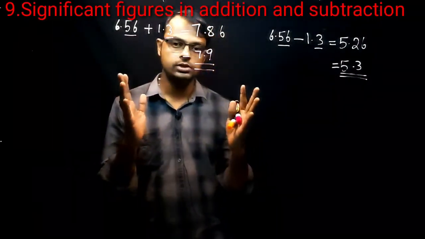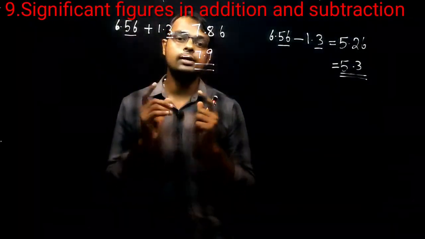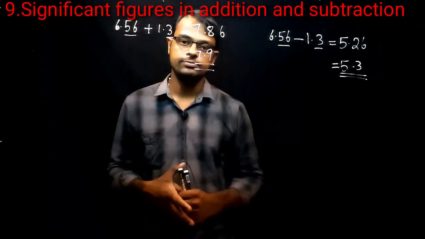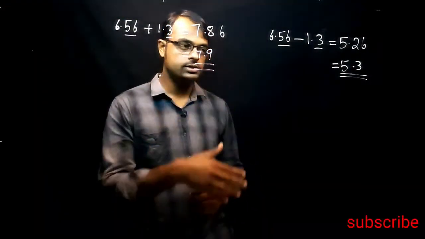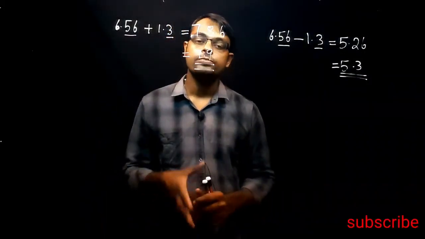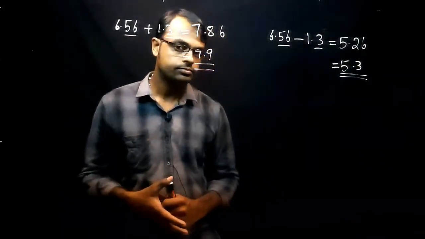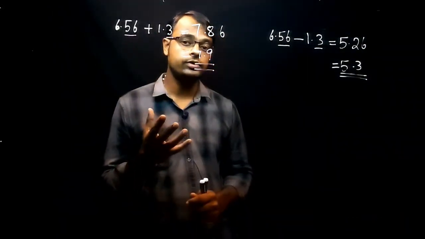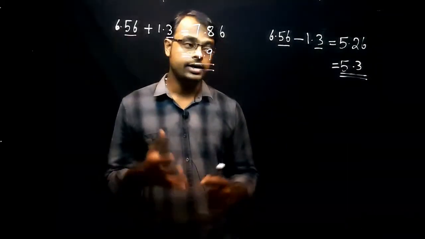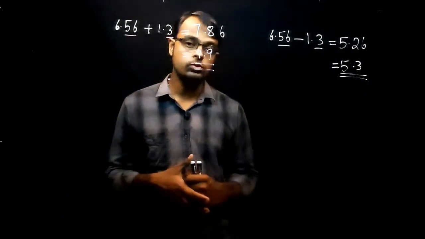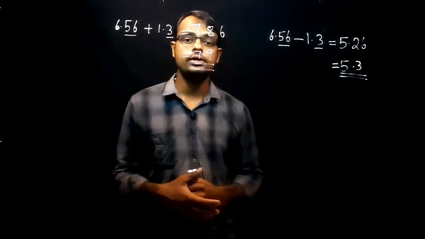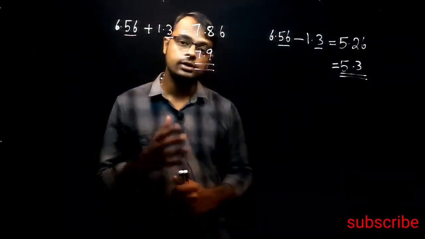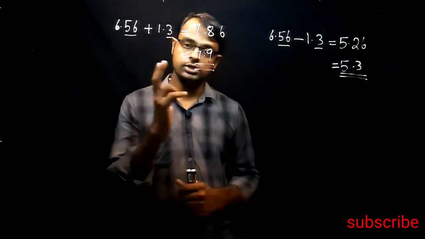So in addition and subtraction, what is the rule here? Use the least decimal place in the given numbers and apply it in the final answer. So I hope it is clear. So today in this lesson, we have discussed what is meant by a significant figure, and we have defined the most significant figure and the least significant figure, and it depends on the least count. And then we have discussed the many rules to determine the significant figures, and the last 2 cases determine the significant figures in addition and subtraction as well as